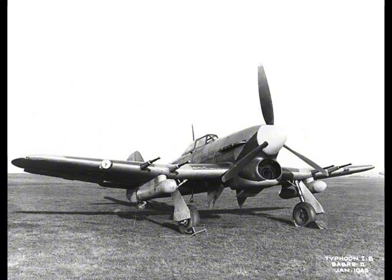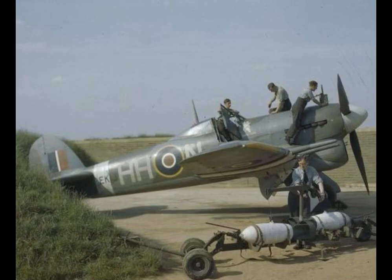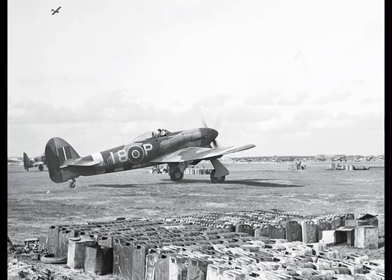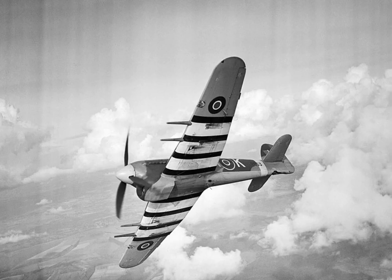These sections of Typhoons flew at 500 feet or lower, with enough height to spot and then intercept the incoming enemy fighter bombers. The Typhoon finally proved itself in this role. For example, while flying patrols against these low-level raids, 486 Squadron claimed 20 fighter bombers, plus 3 bombers shot down,